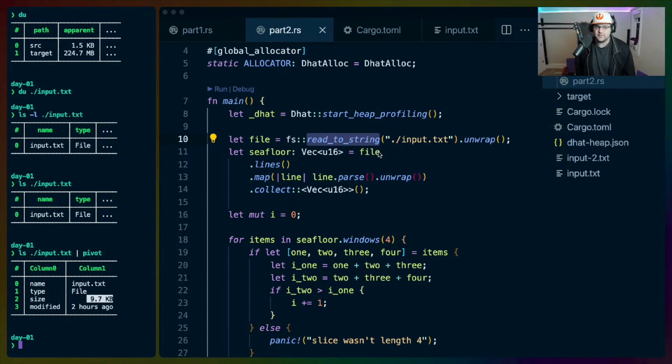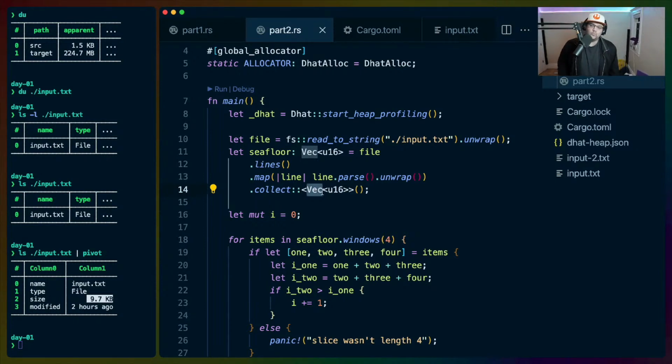You probably hit some amortization boundary. It doubles in capacity each time. Yeah, that's what I was thinking too, right? Because when we have this vec and we go over lines and we're mapping over the lines and then we collect into a vec, I don't have a good understanding of when the vec gets allocated here, and if we are packing lines into it little by little, or if it maps over everything, parses everything, determines how much the vec needs, and then allocates. So that's something that I would have to look into.